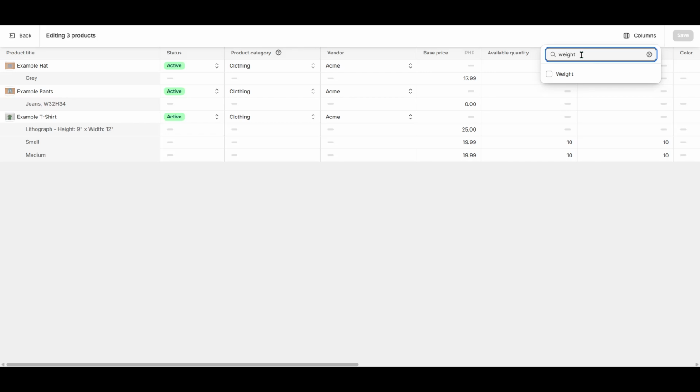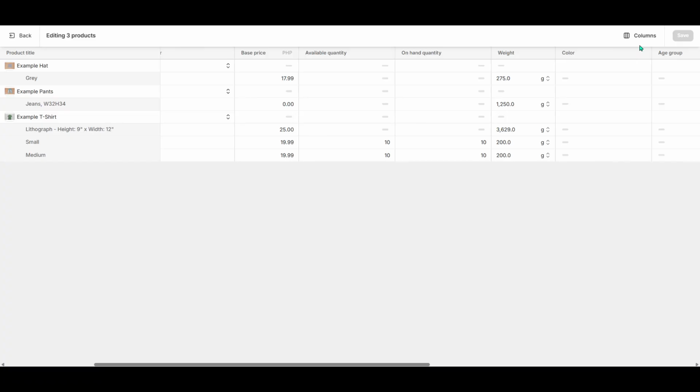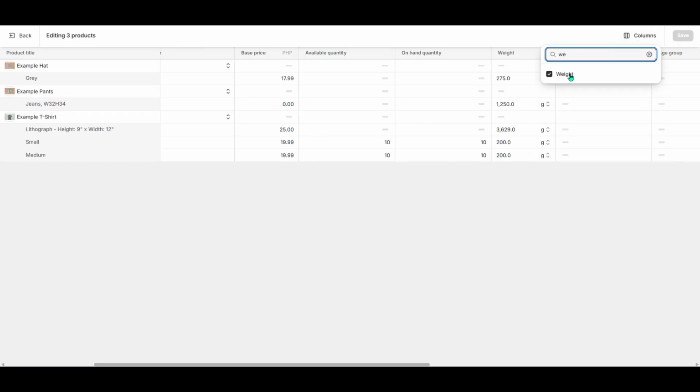Move your cursor to the top right corner of the screen where you'll find a Columns button. Click on it, and an assortment of additional fields will appear. Scan through until you find the weight field. Checking this option will integrate a new column into your spreadsheet, allowing you instant access to adjust the weights of